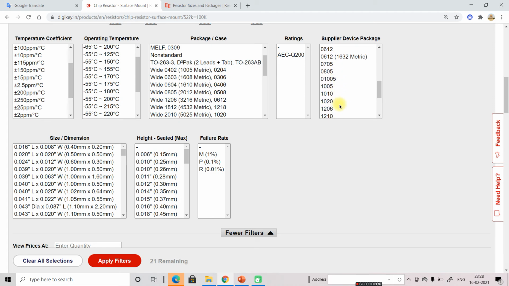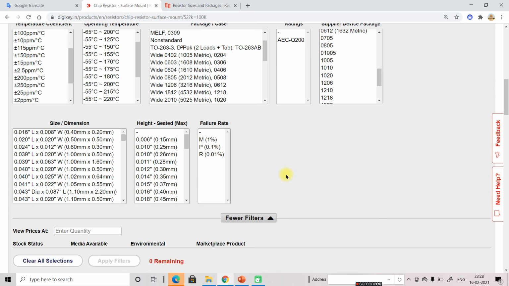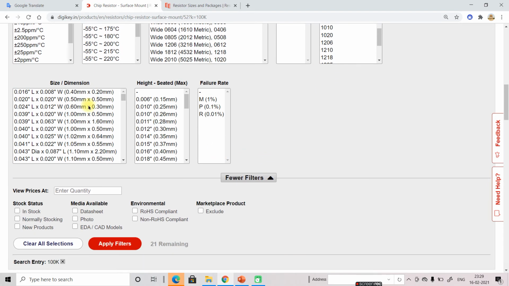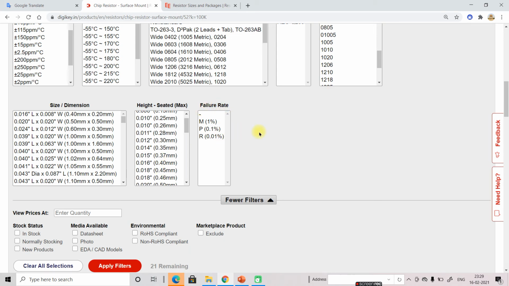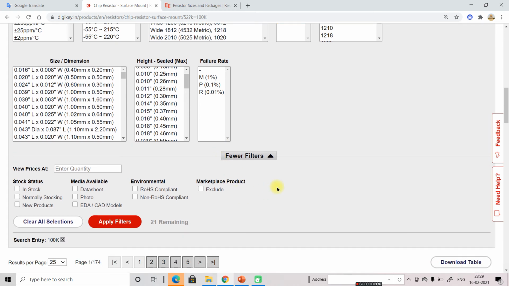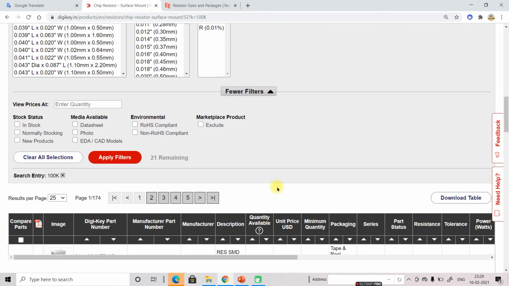So you don't need to select here. Also you can select here, it is in matrix. So what will it show? It is showing 0. So many parameters you don't need to select, and dimension you don't need to select. As per the package, dimension will come automatically. For special use you can select the dimension. If you want to make the PCB very compact, it will depend on design. Height also, there is no need. And failure rate also you don't need to select. It is a high accuracy component, it will not show. So failure rate is also not needed for general use, it does not have so much effect.